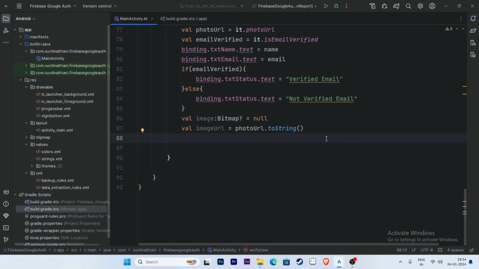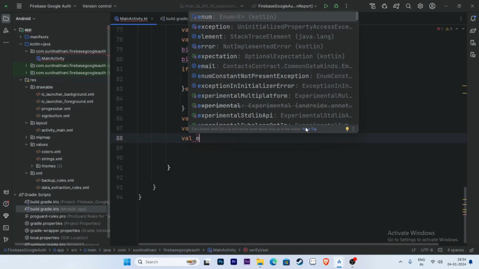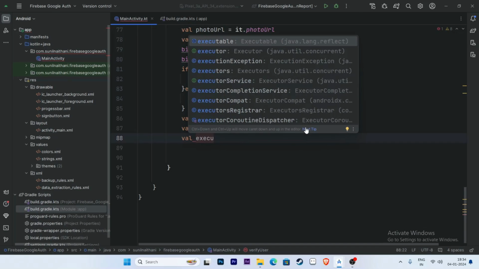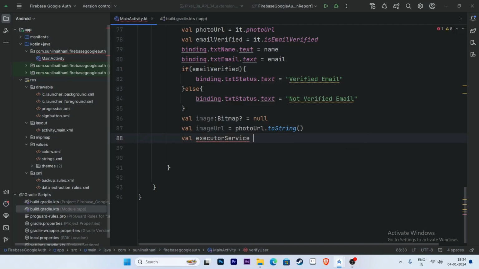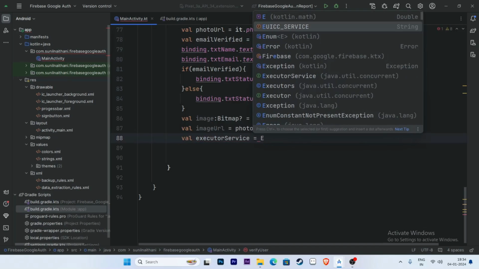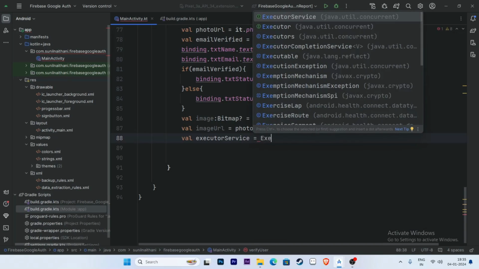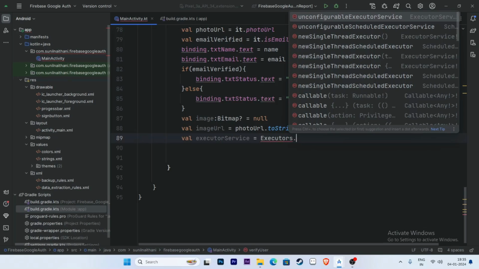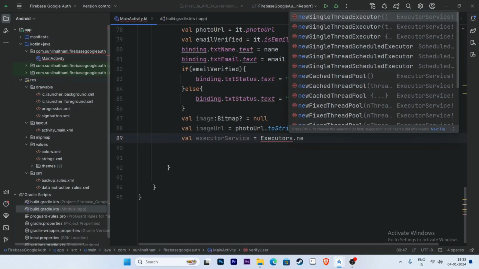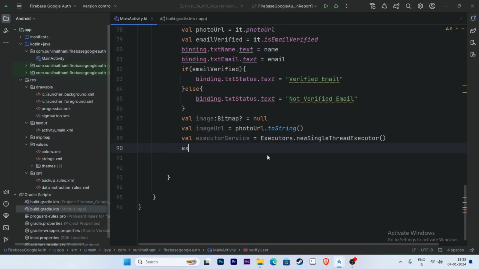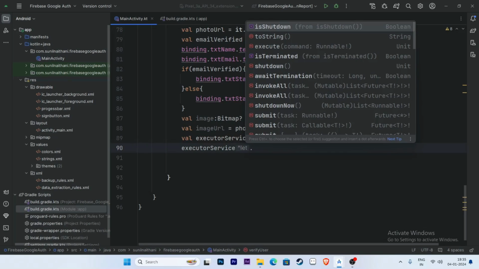Now use the executor service for displaying image. First create a variable val executor service is Executors.newSingleThreadExecutor. ExecutorService.execute